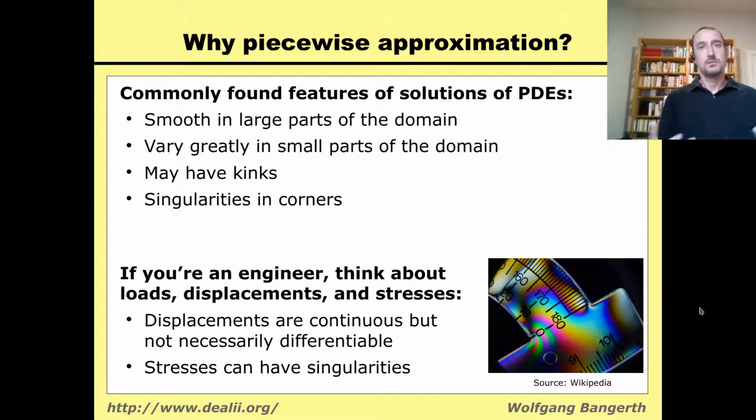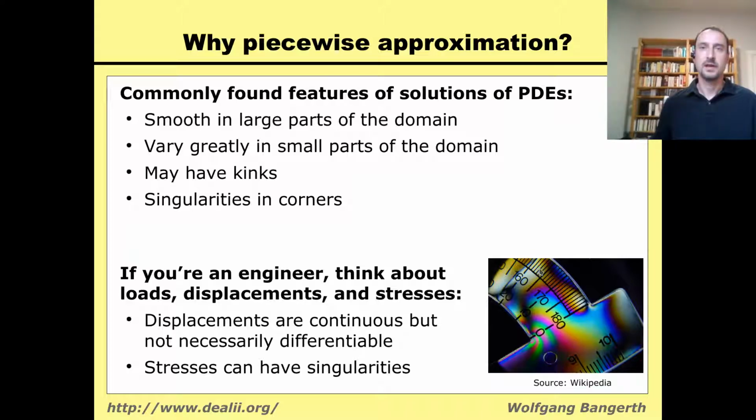So, these observations add up to this: what you typically find in PDEs is that solutions are smooth in large parts of the domain, and that they vary greatly in small parts of the domain. They might have kinks or singularities. And just to put that into context of what you probably know, if you're an engineer, for example, you think about loads and displacements and stresses. So here's an example of a plastic piece